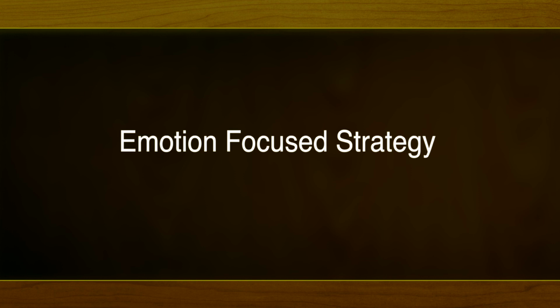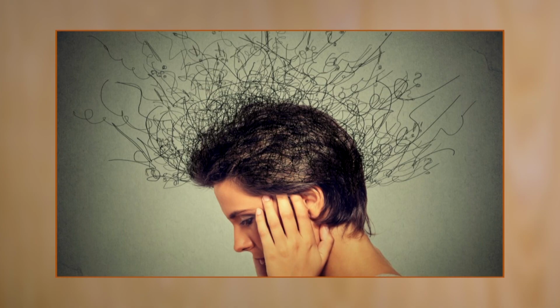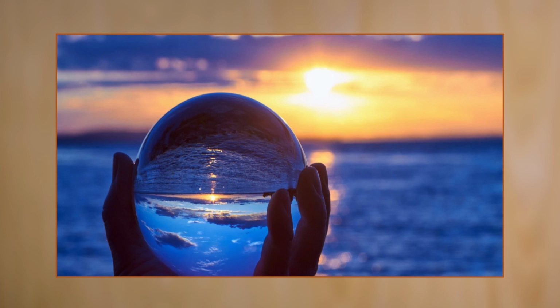Next is emotion-focused strategy. Those using an emotion-focused coping strategy focus their energy on dealing with their feelings rather than the problem itself. In this case, they may use mechanisms like brooding, imagining or magical thinking, avoiding or denying, blaming or seeking social support. It is simply ignoring the problem, but this strategy is an important one. It does not change the situation or influence the problem, but focuses on what can be controlled.